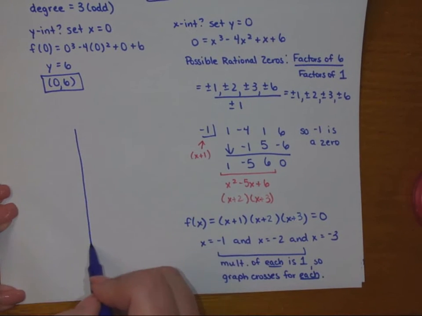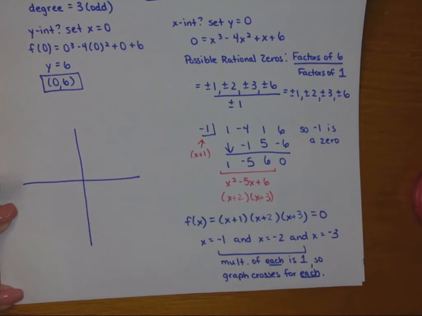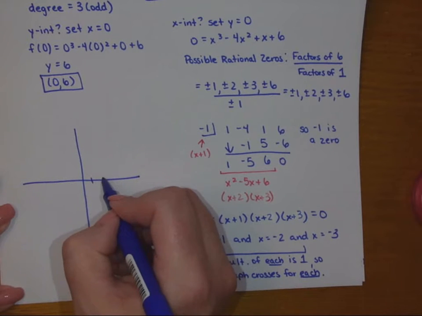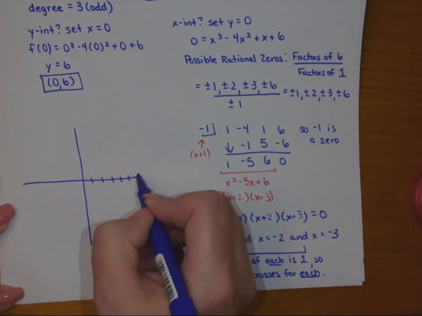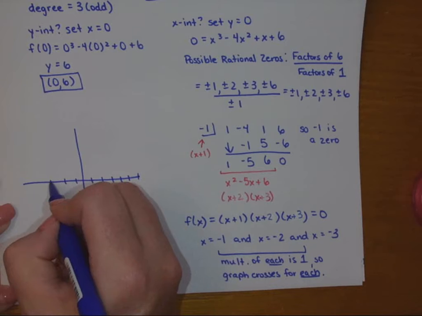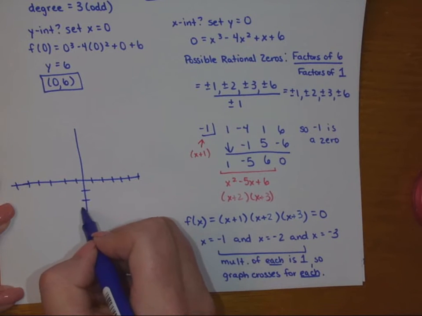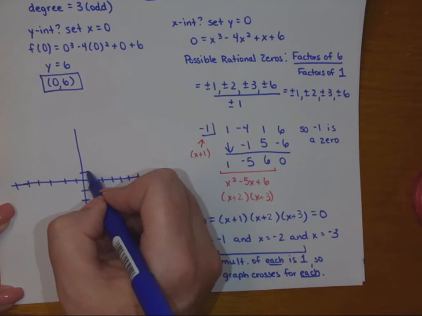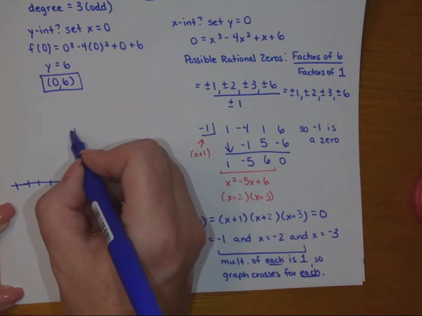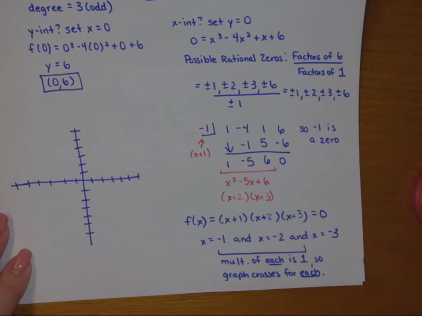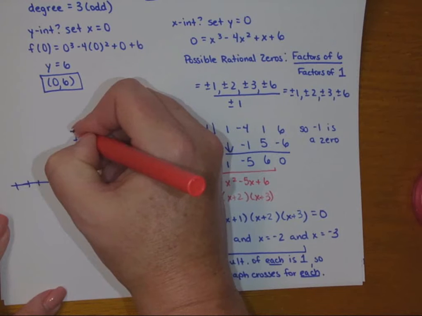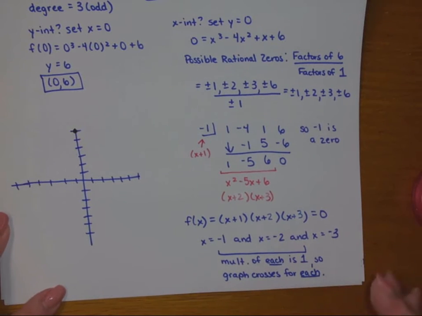Okay, so let's fit the graph in here. So we'll go out 6 in every direction, since I know we have a 6. So let's graph what we know, right? We know that it crosses the y-axis at 6. We know that it crosses the x-axis